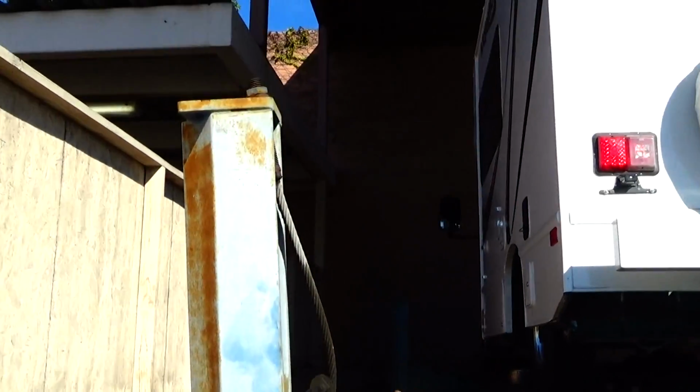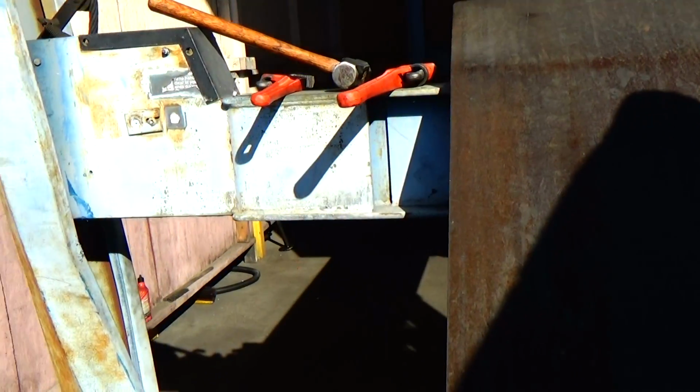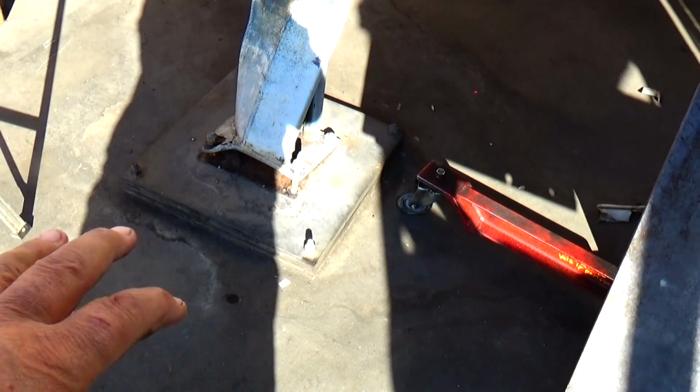So it might not be as hard as I think to get this off. I may not have to cut it. So let's get started. I got to disconnect the cables and take the column off, take the plates off, inspect